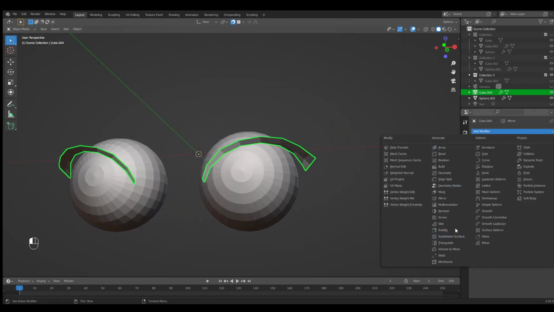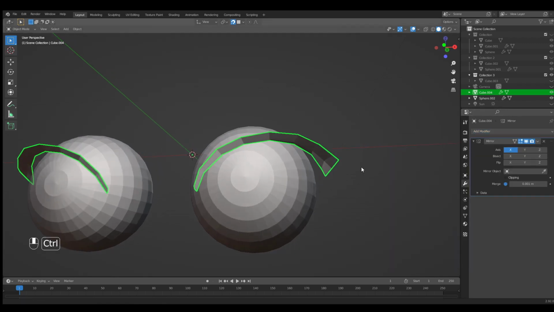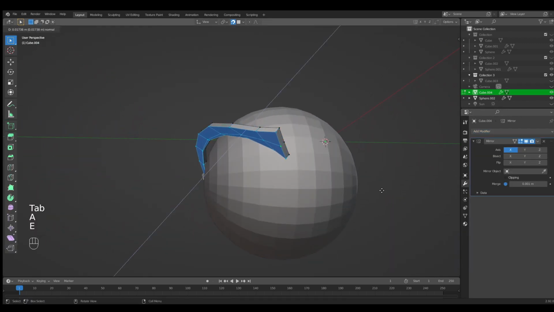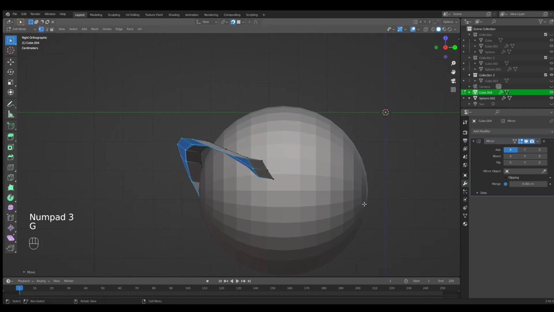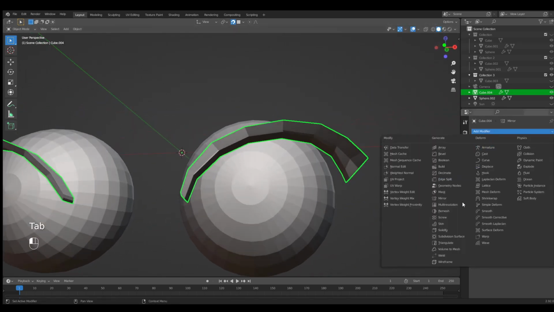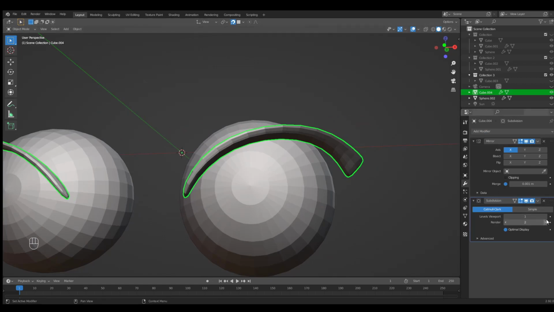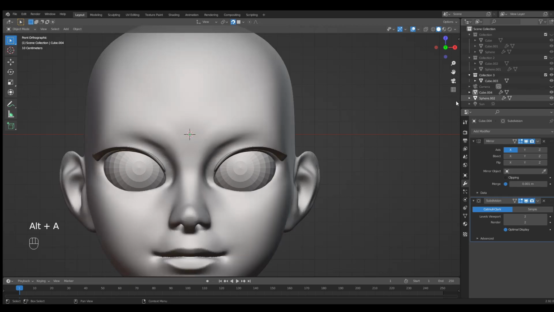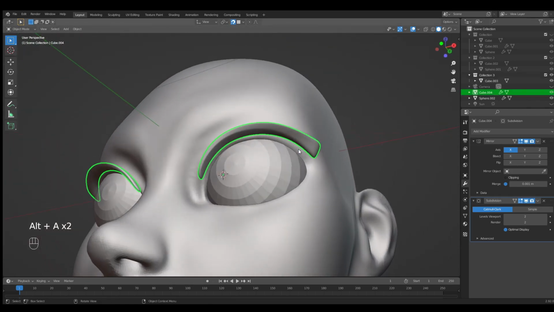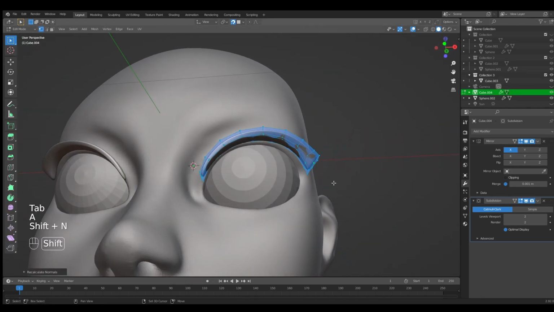Now you can use a solidifier, but I just extrude and not worry about it. When I extrude, I lift this a bit higher and use a subdivision surface, add 2 of these and shade smooth. Now we have a nice eyelashes,